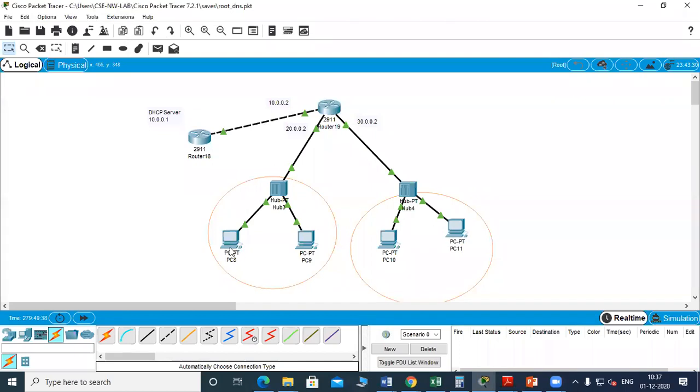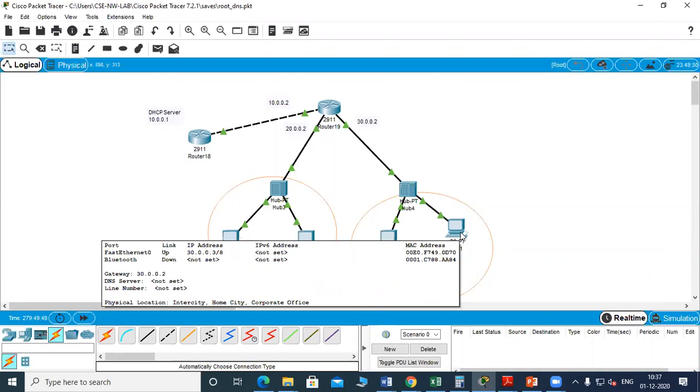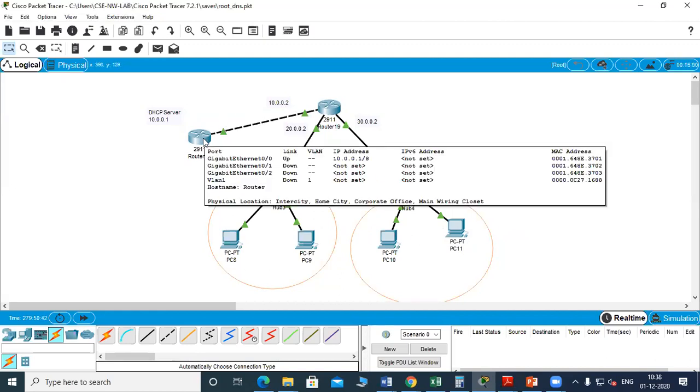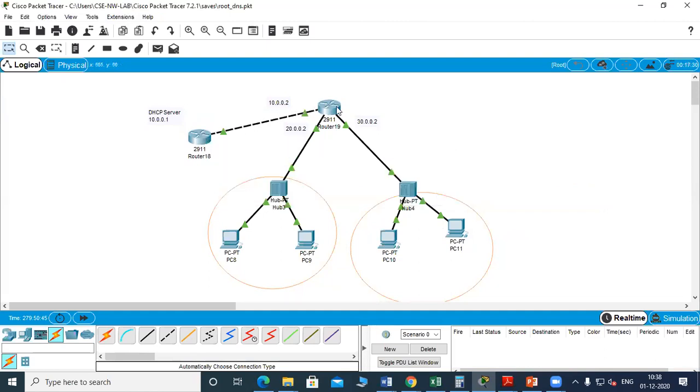So you can see here now how the dynamic address is allocated. So this is 3, this is 4, this one is 1, this one is 3. So this example shows you how the PCs in the network will get their IP address in case the IP address is not allocated. Dynamically, the request will go to the proper DHCP server, and then the DHCP server will allocate the IP address, which is forwarded to the proper router.